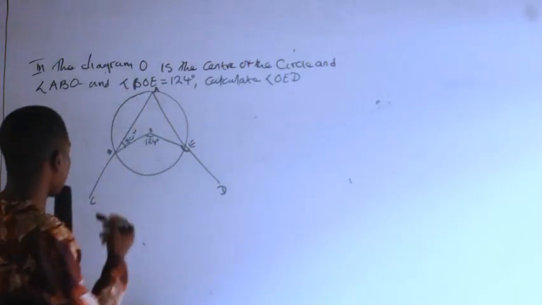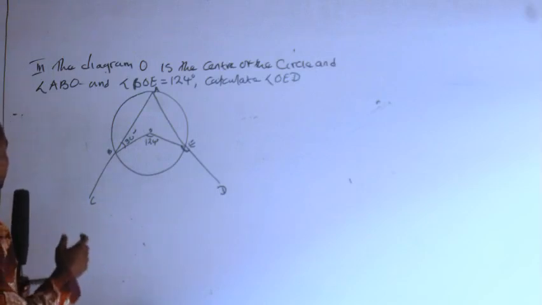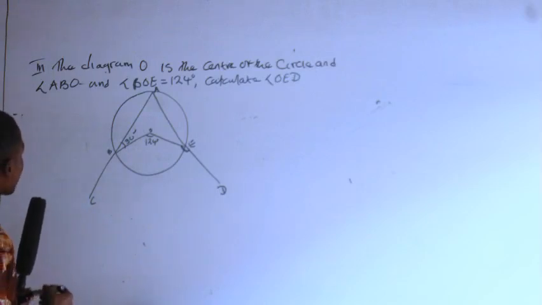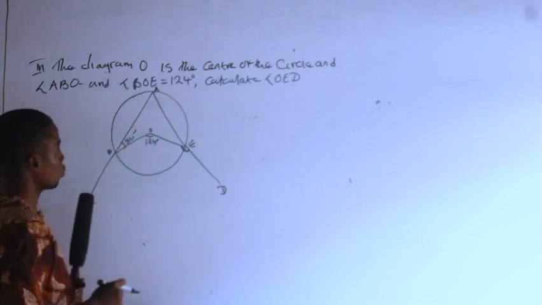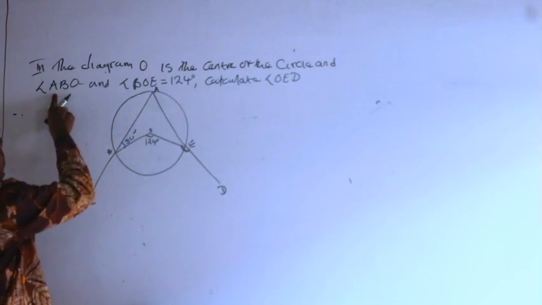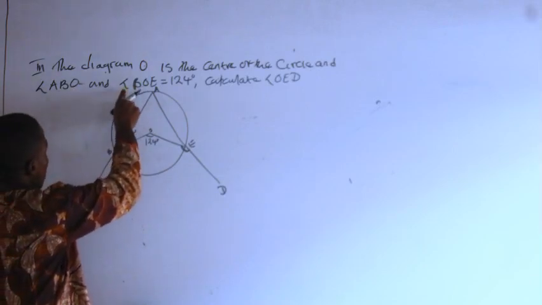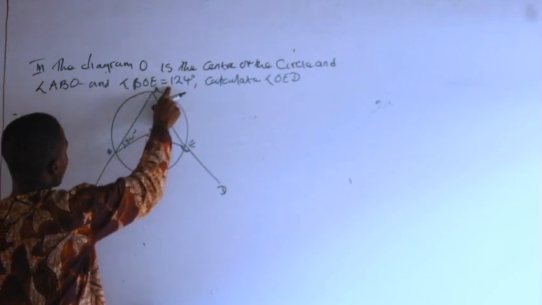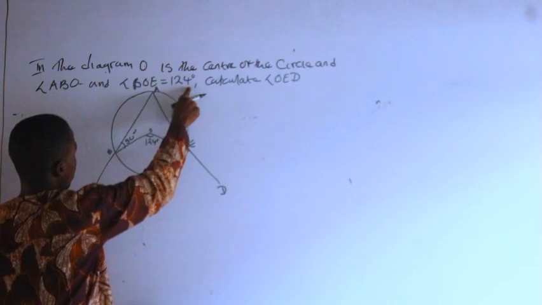Let's look at another angle question. Look at this one. It says in the diagram O is the center of the circle. This is the center of the circle. And angle ABO and angle BOE equal to 124. Calculate